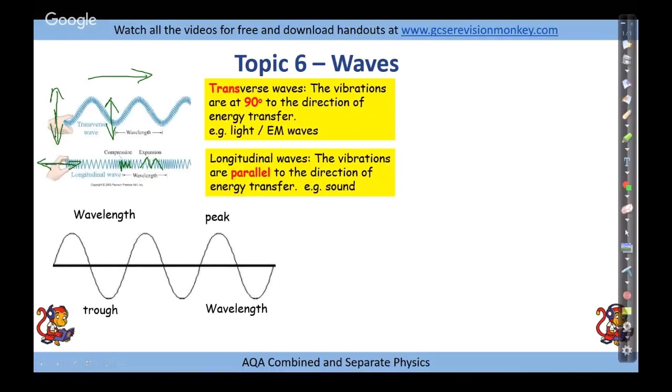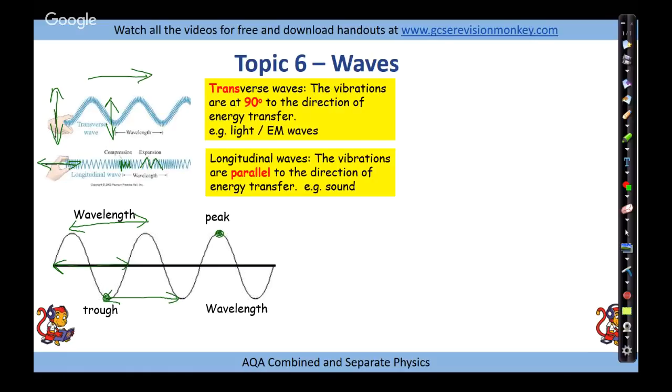So for a transverse wave, we need to be able to label the different parts on it. We've got our peaks at the top, we've got our troughs at the bottom. Now we've got a wavelength, and a wavelength can be shown from peak to peak. It can be shown from trough to trough. Okay, or it can be shown from center point to center point. They are all exactly the same length, just making sure it includes an up and a down bit for one